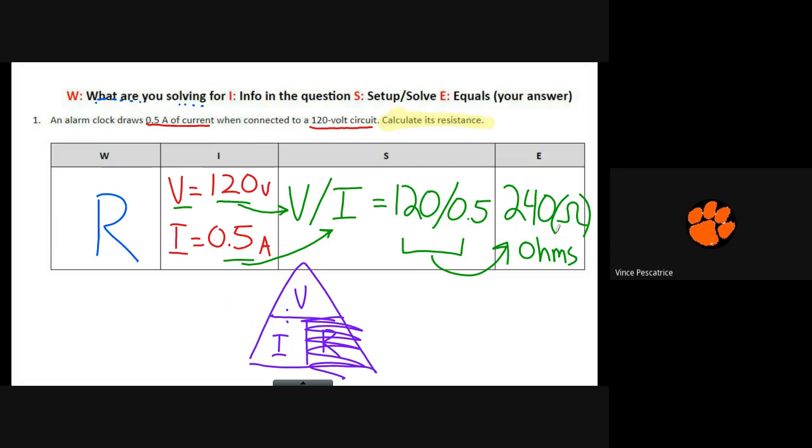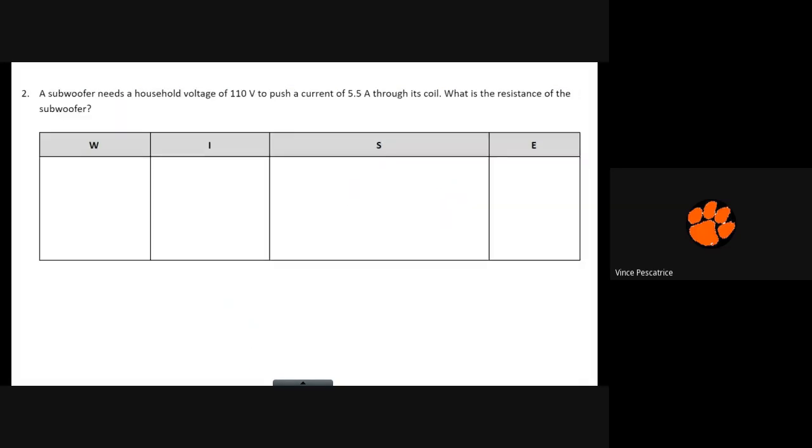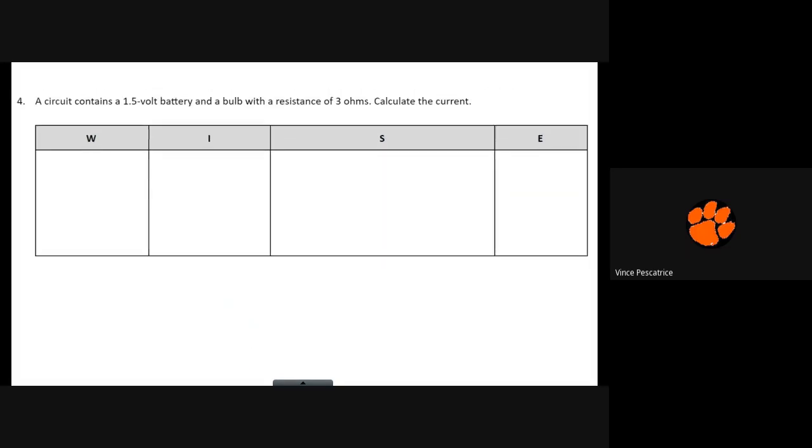If you need to go back and see any one of those steps, pause the video and rewind and watch it as many times as you need. So I'm going to go through these rather quickly because you can do that. You can pause and rewind if I'm going too fast or you need to see something again. All right, so I'm going to go to question